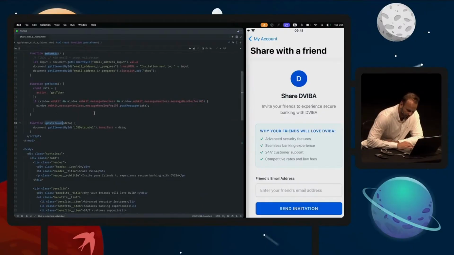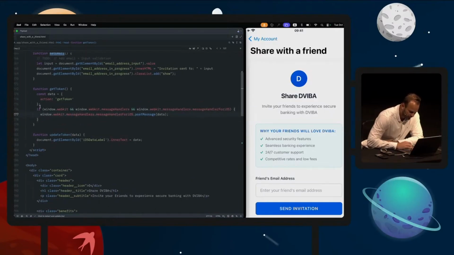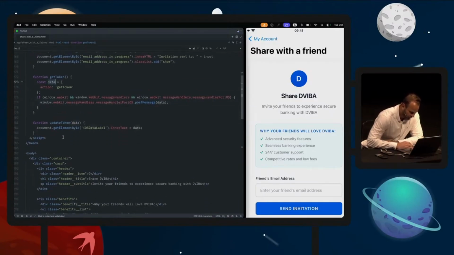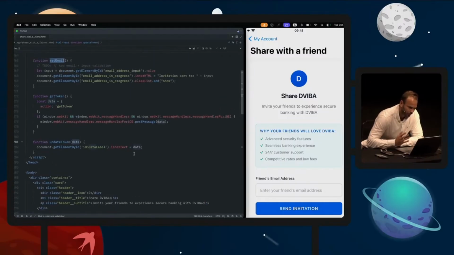Furthermore, here on line 277, we see that we have post message with the action, so that's quite clear, and then we have here update token with the data. So as far as I can imagine, this one will highly likely store the data, probably the token, on the HTML to do some later networking where you would essentially identify the user.